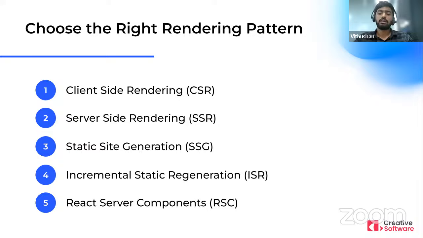Under choosing the right rendering pattern, there are 5 rendering patterns we have. Those are client-side rendering, server-side rendering, static site generation, incremental static regeneration, and React server components. We have these small abbreviations like CSR, SSR, SSG, ISR, and RSC, which are used in developer communities to easily identify these concepts. So first, we will look into this